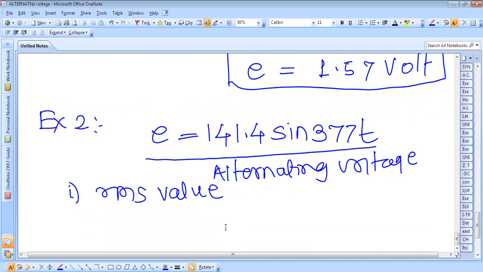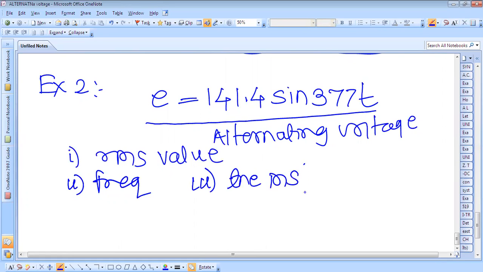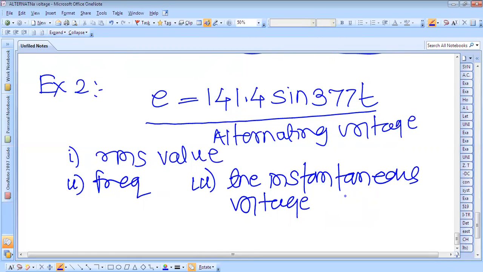Second, we have to find the frequency. And third, we have to find the instantaneous voltage when t is equal to 3